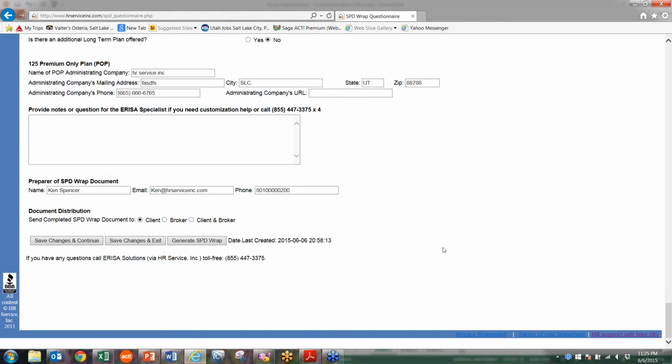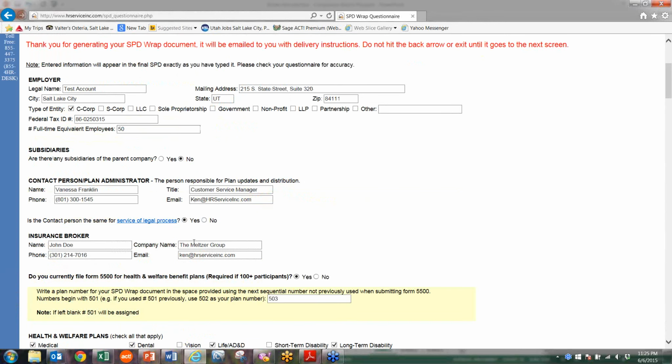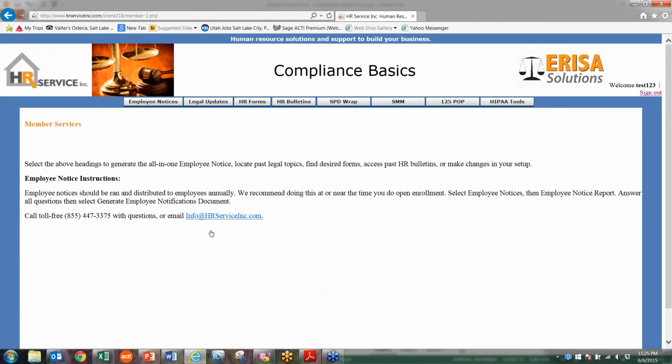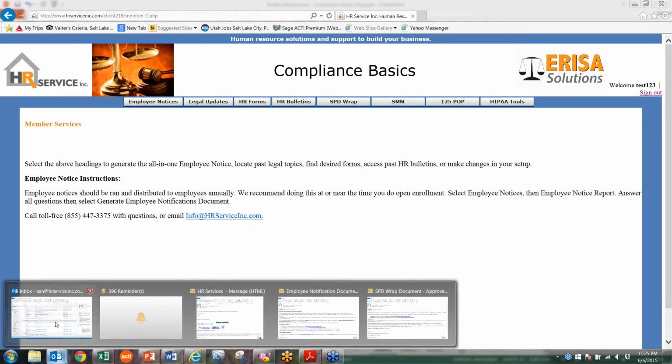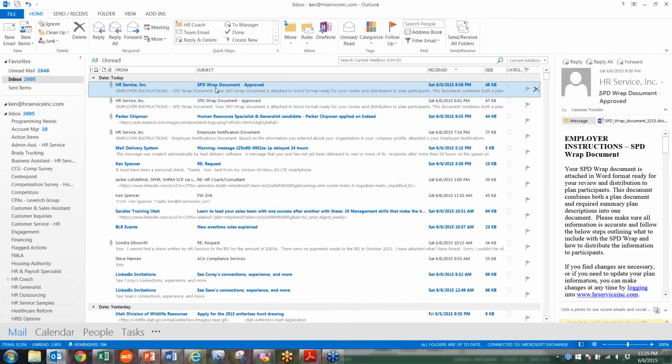Okay, so once I complete and fill out everything here, I can simply select to generate my document. You'll notice now it says don't hit backspace or go to another screen. I have to allow it to process, and now it's processed. And that will send it directly to my email. I had indicated myself in there. And so if I go now to my email, I come over here and that has arrived. So if I open that up,